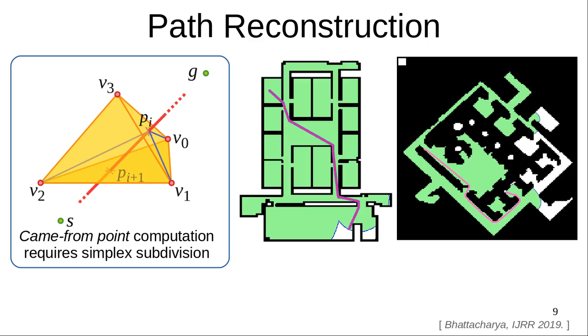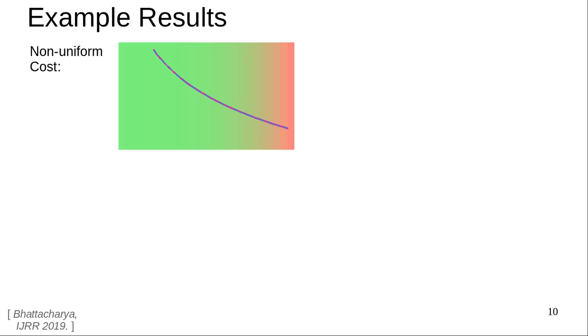And here are a few examples in 2D environments where we can use S star, the simplicial complex star search, to find shortest paths in indoor environments. It works also for non-uniform cost. So here is a simple example. As you can see, we get